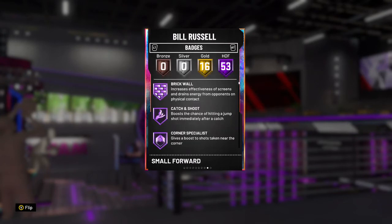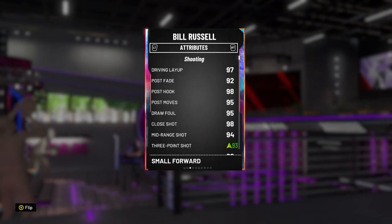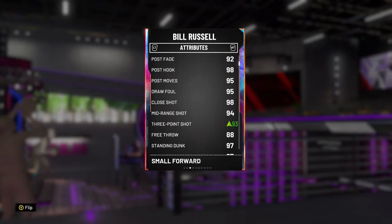Obviously, 53 badges is super high for him. And I'm done with the video in just a second. I just wanted to show this off real fast. I'm really supposed to make a video on this Bill Russell, but anyways, I put a three ball on him